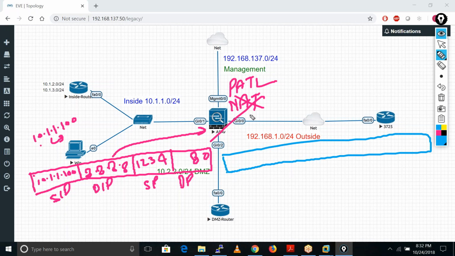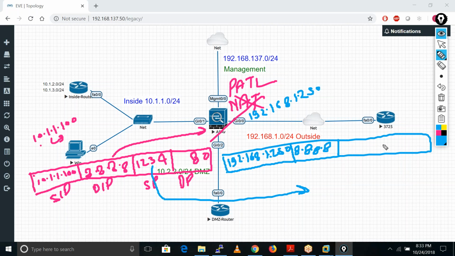Let's suppose we are going to do the PAT on this IP address 192.168.1.250, because this is a public IP address on our outside interface in our case, right? So now the thing is, it just changed this source, 10.1.1.100, into this IP address, 192.168.1.250. Okay. Destination remains the same, because this destination 8.8.8.8 is a public IP address, right? This is publicly available. Now it changed the source port here.